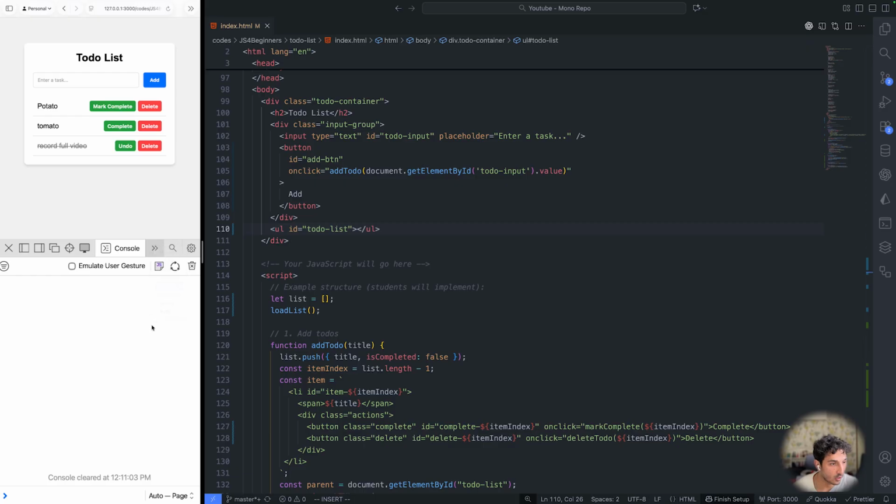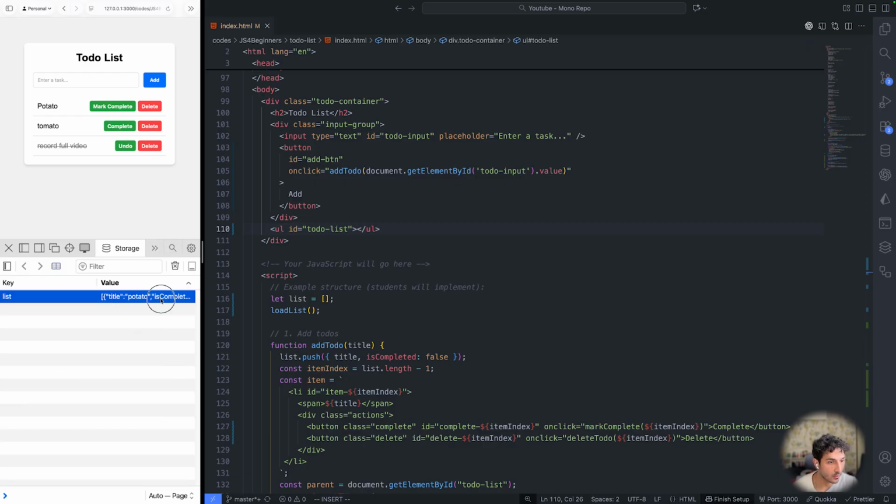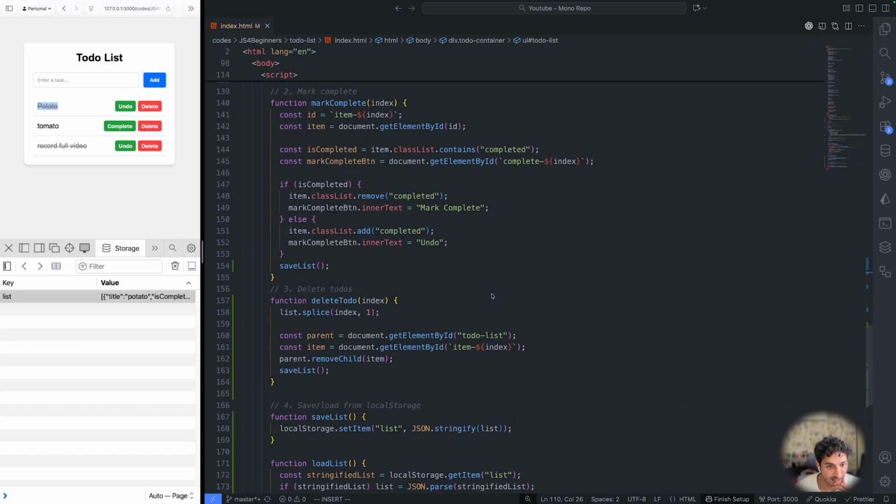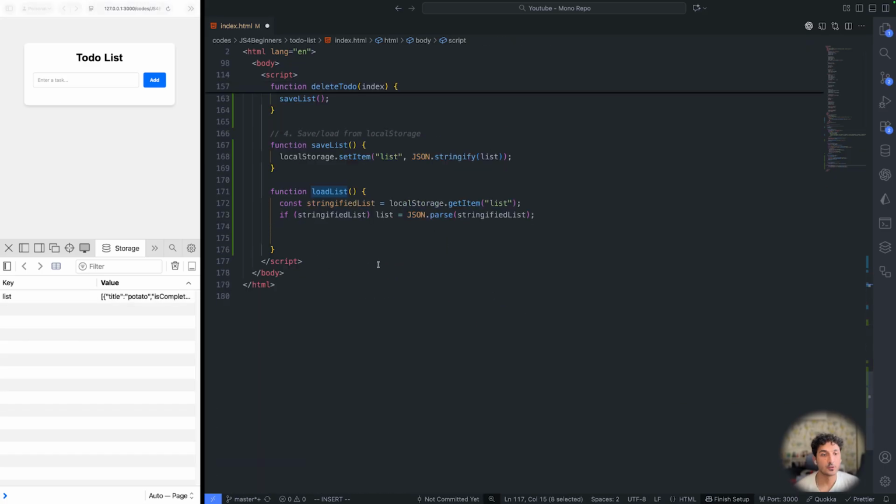Okay, but let's check local storage to see if it's loading. Yeah, we have potato, full video, and bread. Okay, sounds good. When we mark tomato as complete, the potato gets marked as complete. Why is that happening? So we're going to write another function,